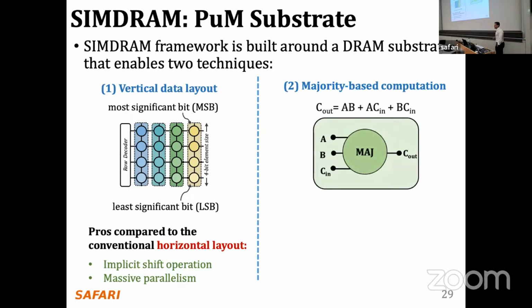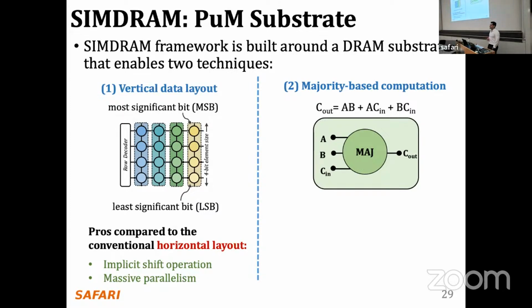The other key idea that we are going to use is majority-based computation for arithmetic. In the prior work, in the Ambit paper, the main operation we used was triple activation to realize a majority operation, but we were always setting one of the inputs to either 0 or 1 so that we could do Boolean AND/OR operations. And we can compose, for example, a ripple carry adder using AND, OR and NOT gates, right?